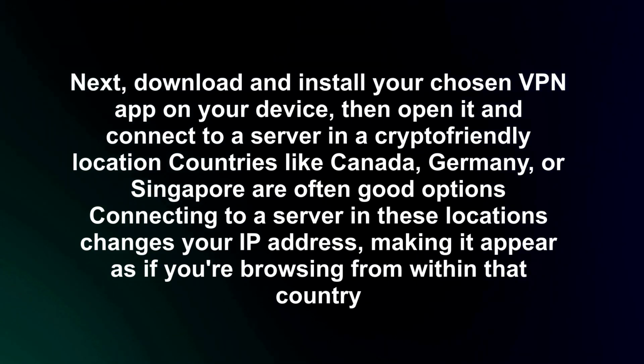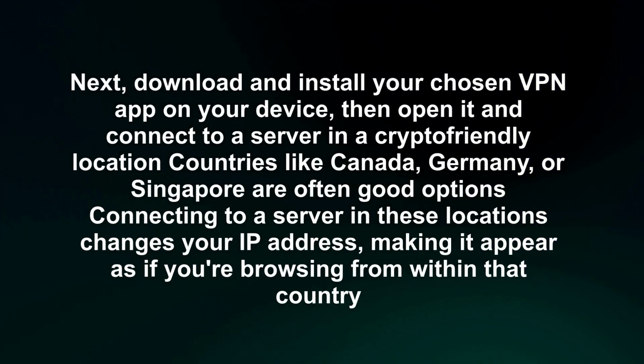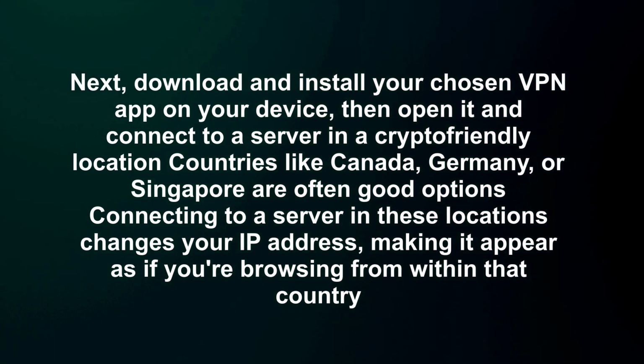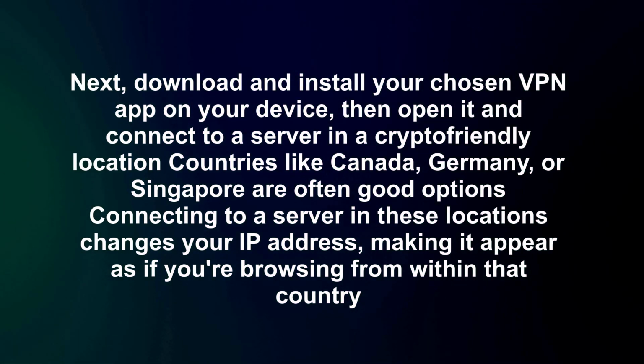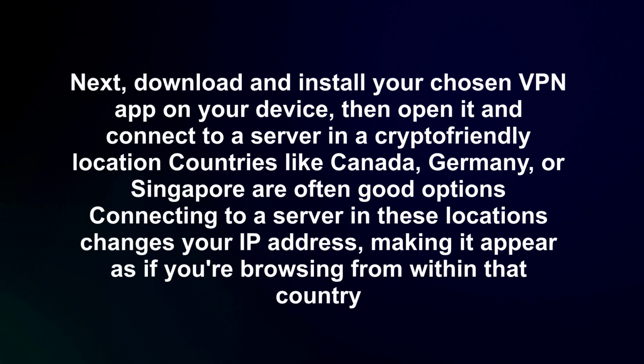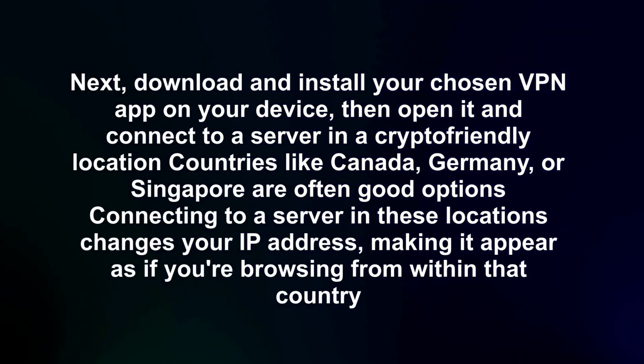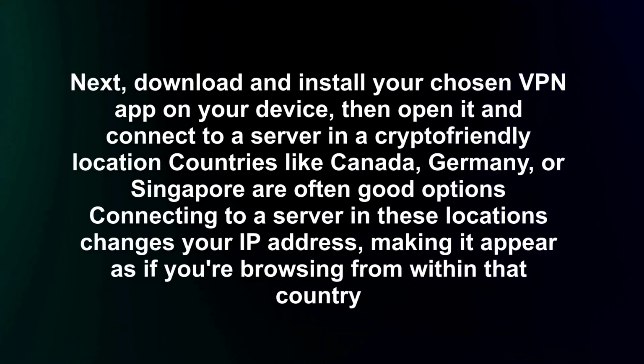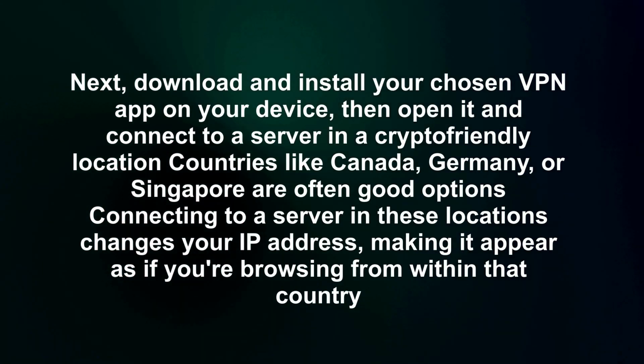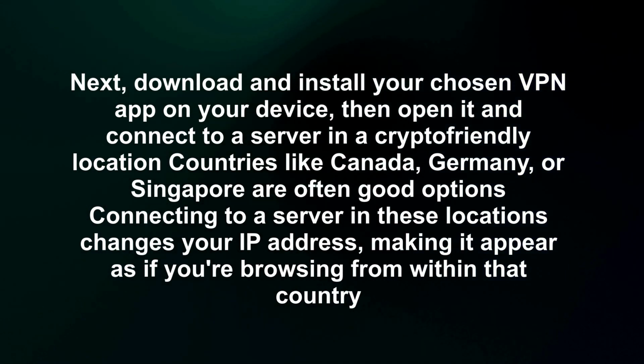Next, download and install your chosen VPN app on your device. Then open it and connect to a server in a crypto-friendly location. Countries like Canada, Germany, or Singapore are often good options. Connecting to a server in these locations changes your IP address, making it appear as if you're browsing from within